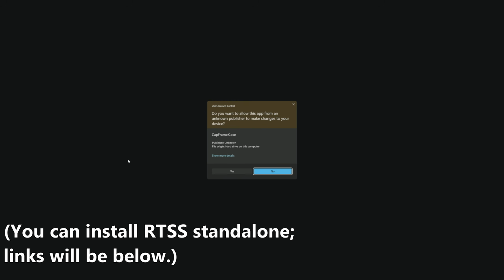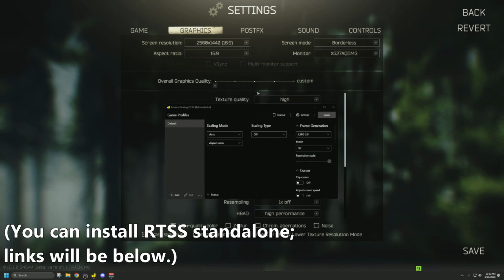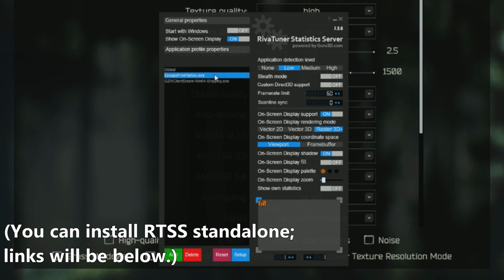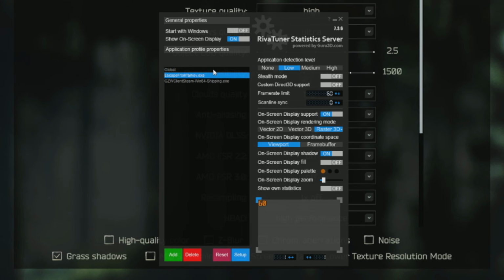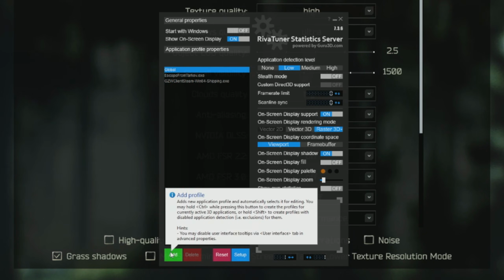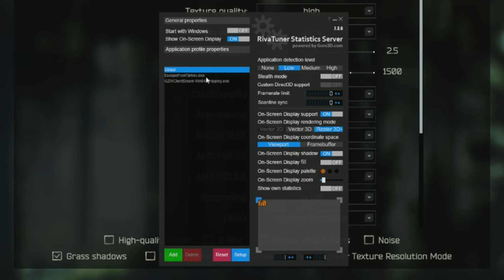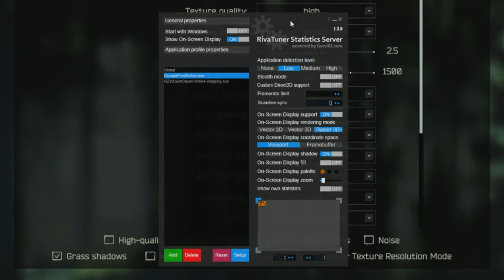To quickly show you how to set that, I'm going to open up my RTSS again, along with my benchmarking software. Now that I have RTSS open, I have the Escape from Tarkov exe already added. If you don't, you just hit Add and find where that exe is stored in your drive, and then select it to place it here. Once you have it, you can set the frame cap right here to whatever you fancy. For example,